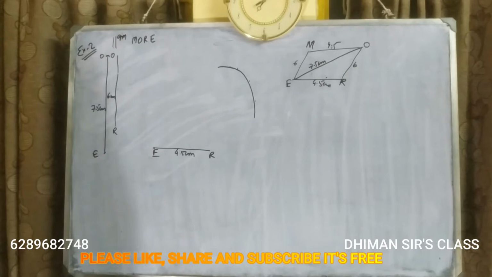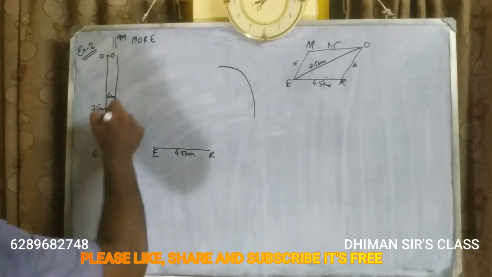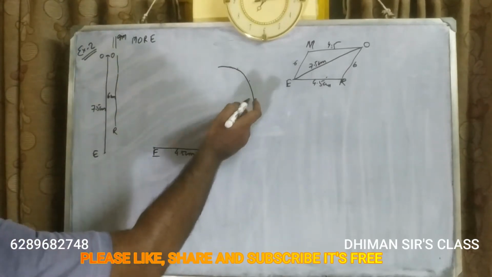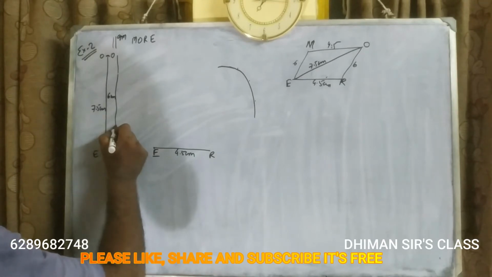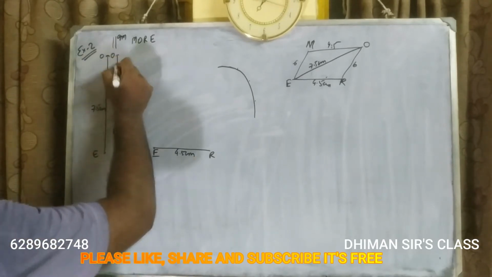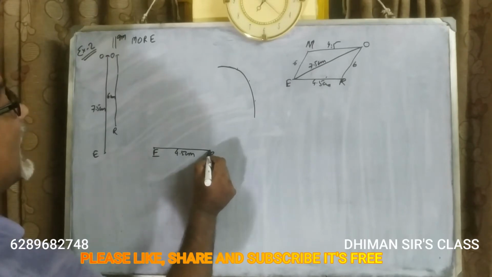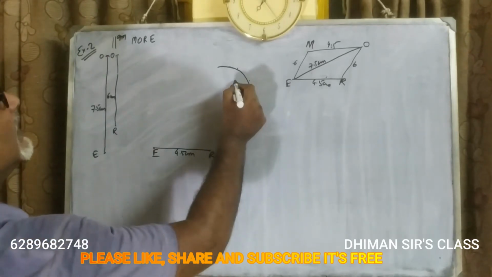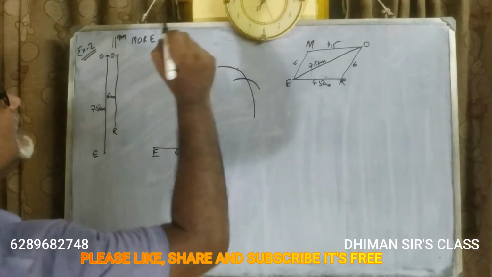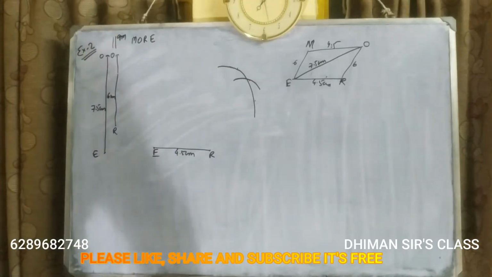Okay. Now, OR, we don't know where O is, but R is there. So put the needle here, draw an arc here in order to take this measurement, and with the same measurement, put the needle on R, draw an arc of 6 centimeter like this somewhere.